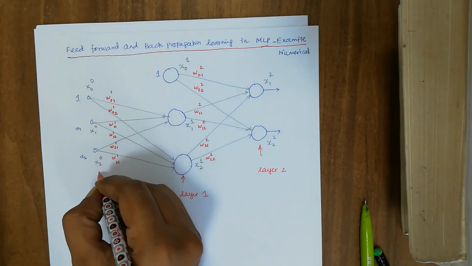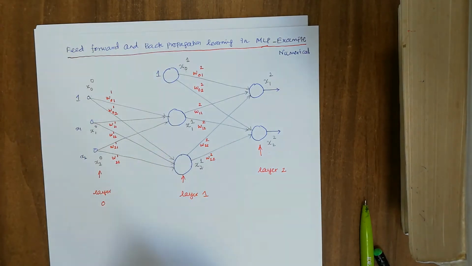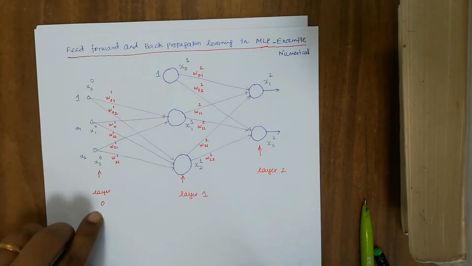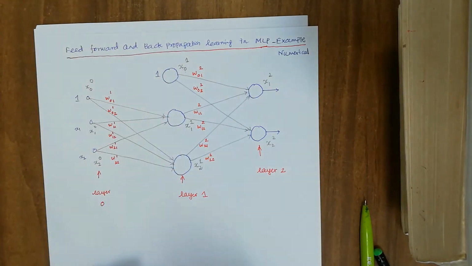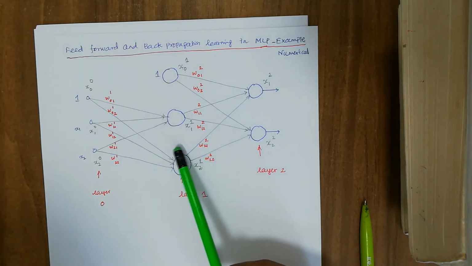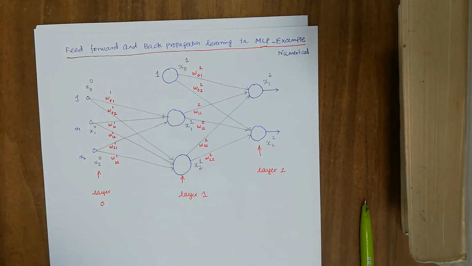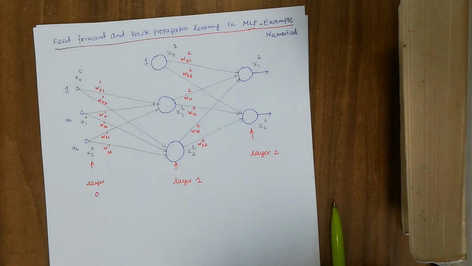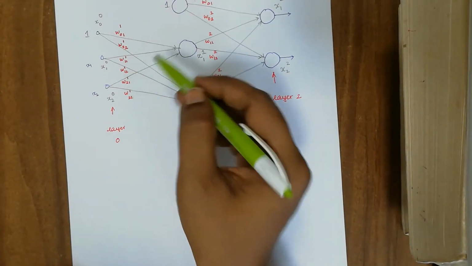And this is in the layer 0. Okay, input in the layer 0, and next to this, since there is more than one layer, there must be a hidden layer, so that is represented as layer 1, and this is in the layer 2. Now given this, let us represent actual values of these weight vectors.